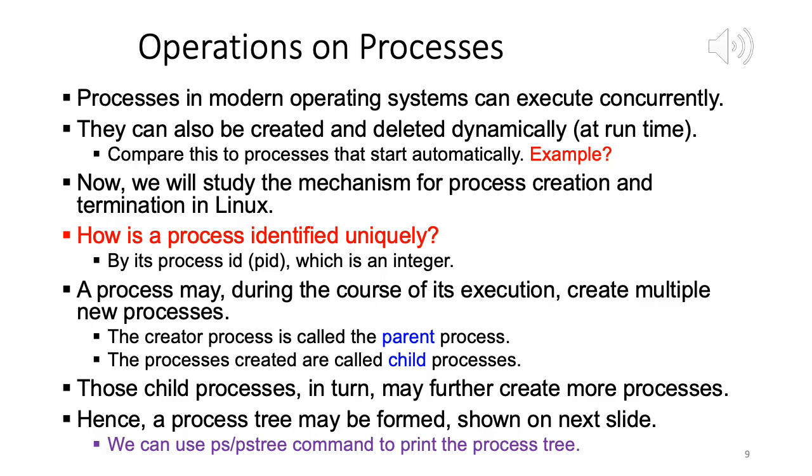Okay. So two major operations for which we will discuss system calls are: one operation is for process creation, right, for creating a process. Another operation is for process termination, ending a process. So very key process operations. We will look at system calls for both. How is a process identified uniquely? We can do that using its process ID or using its PID.